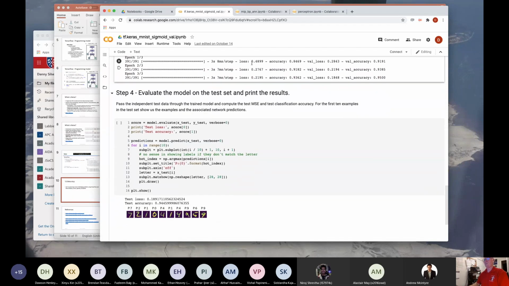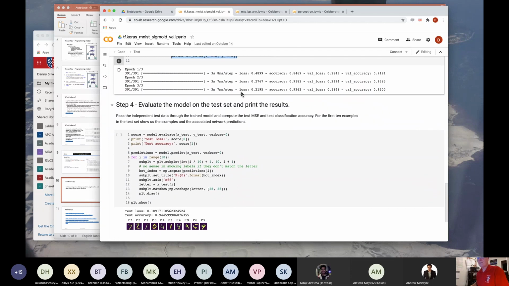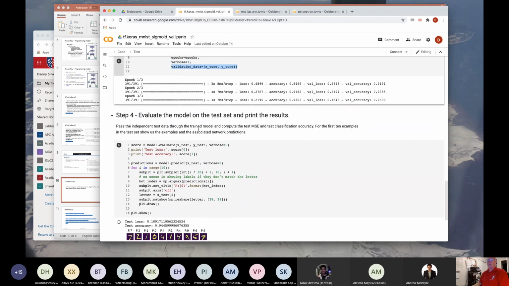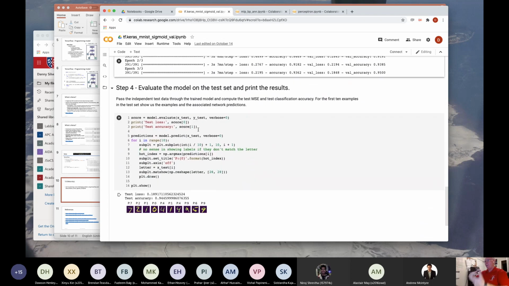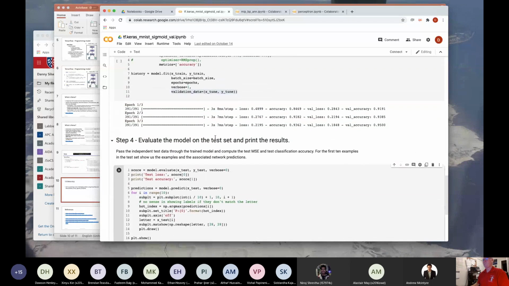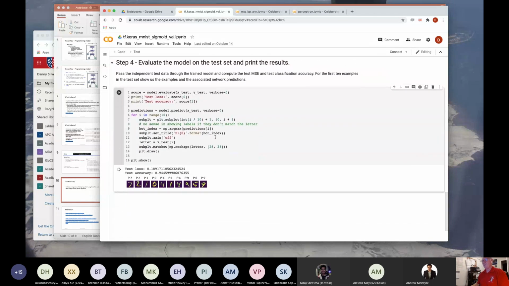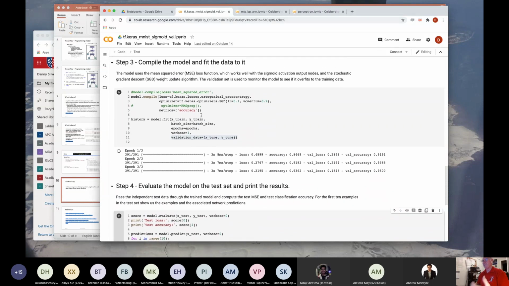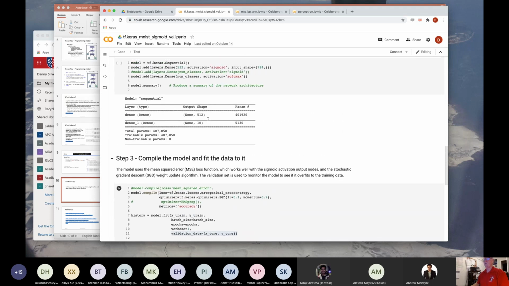So once we've built the model, the only thing left to do is to see how well we've actually performed. It passes all 10,000 of the test set through the model, which it has not seen, and ends up getting an accuracy of 0.94 just for those 3 iterations. Now, you may wonder, how's it doing that in 3 iterations? Well, that's because there are 50,000 training examples in every iteration. That's a lot of stuff. And within every one of those, it's actually updating the weights every, what was it, 128 or something like that.